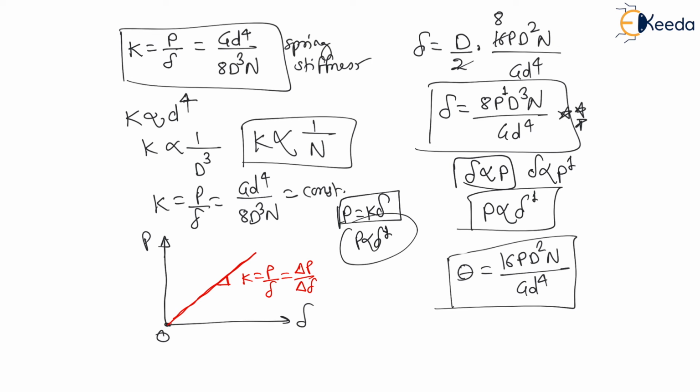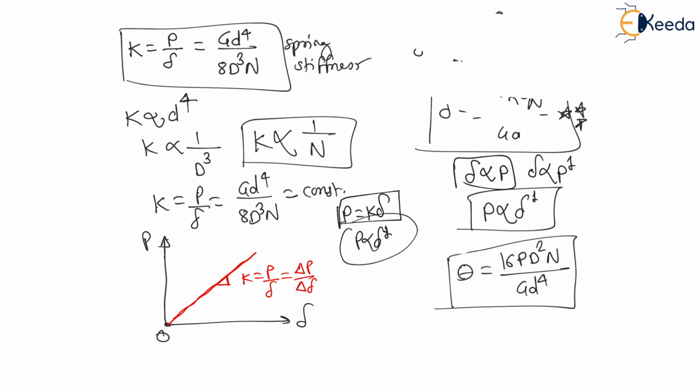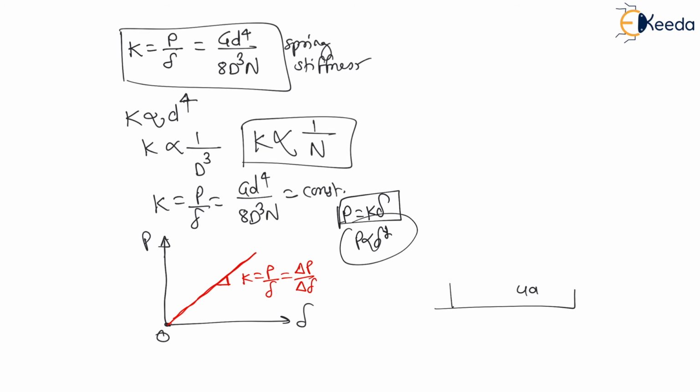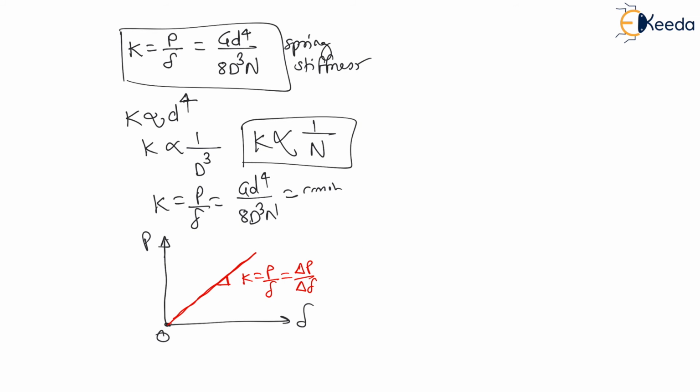And my dear students, the area under this P delta curve is nothing but strain energy, that already you have studied in strength of material. What you have studied in strength of material? The area under force deformation diagram is nothing but strain energy. Therefore if I draw this force versus linear deformation diagram delta, then the area under the diagram is nothing but strain energy U. Therefore this strain energy U is nothing but 1 half P delta, because it is a triangle area.